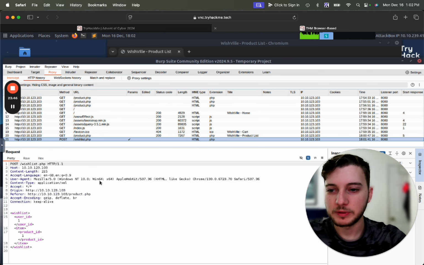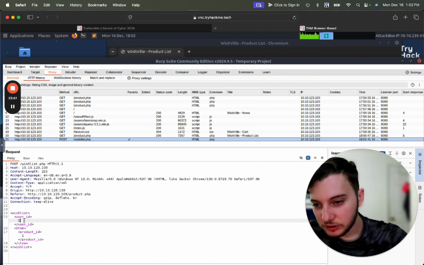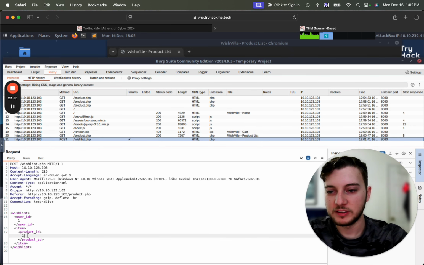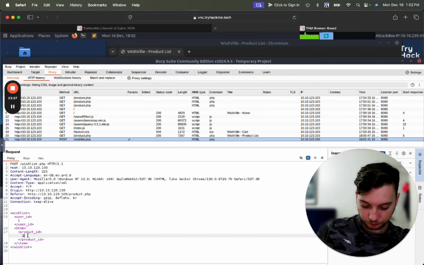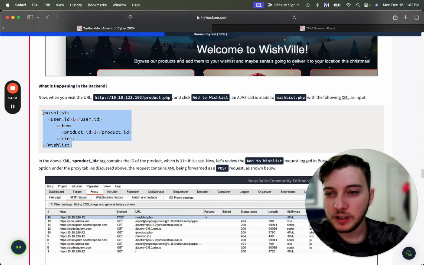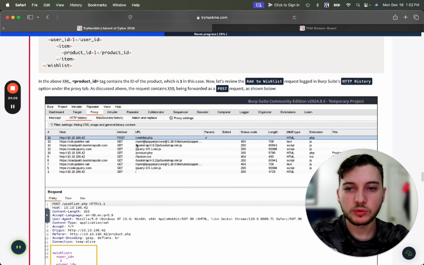Here it is, wishlist.php. All right, boom, we got some XML, right? So we can see here user ID is 1 and the product ID is 1. So let's go back over here. Yep, that's exactly what we got. So now what we're gonna do